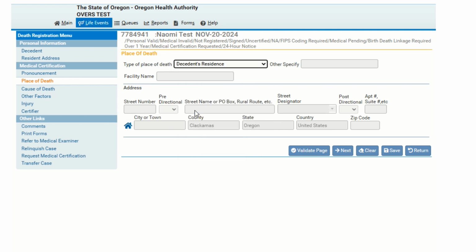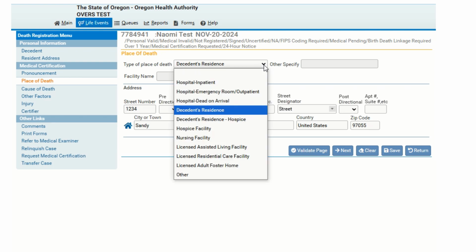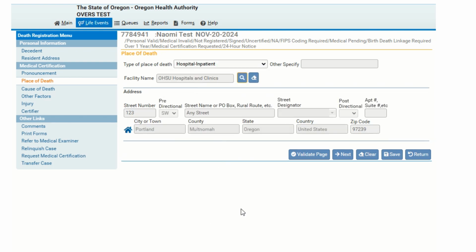If I select decedent's residence, then the address will automatically populate from the information that was entered by the funeral director. If the decedent, say, passed away at the hospital, then the facility name that the doctor's associated with is going to appear in the facility name, and the address is already entered for the medical certifier. However, if the decedent passed away, say, at a different facility, you can actually do a search for that facility